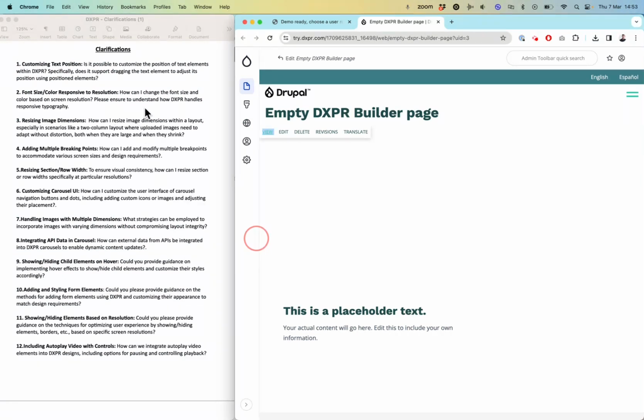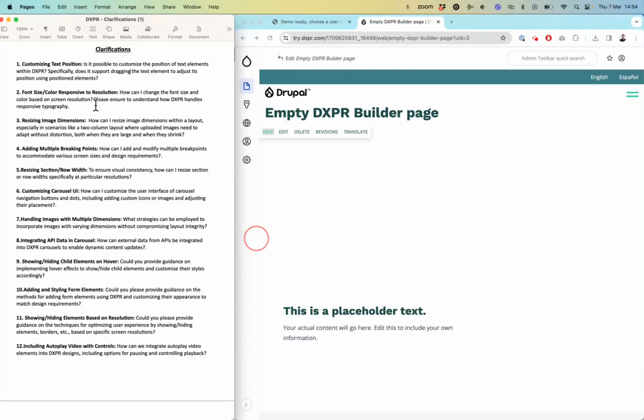Font size and color responsive to resolution. How can I change the font size and color based on screen resolution? So the DXPR Builder is a tool built for Drupal with as main audience non-technical people, so content editors, marketers. What you see in, for example, many WordPress page builders is that a different audience is addressed. So in WordPress page builders, they build tools for web designers who will build an entire website with the page builder. So in Drupal, the typical setup is